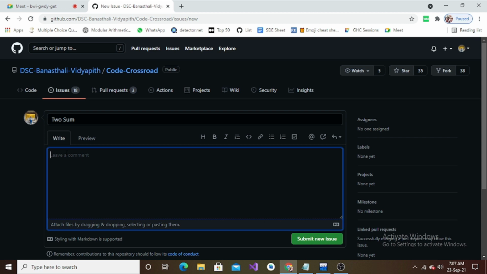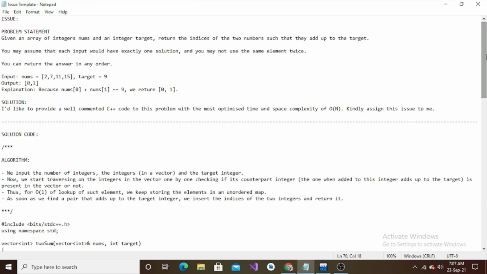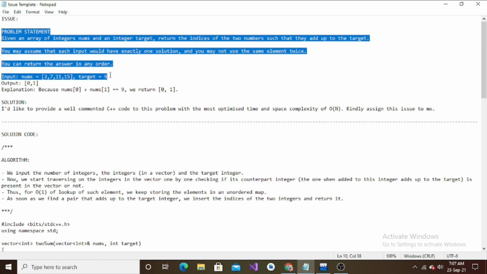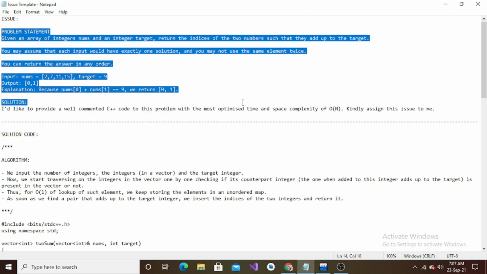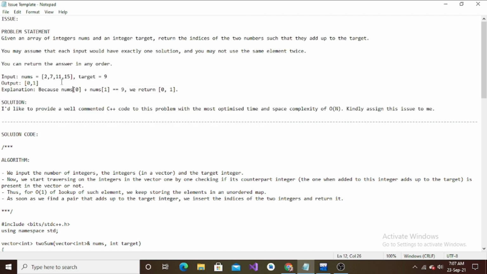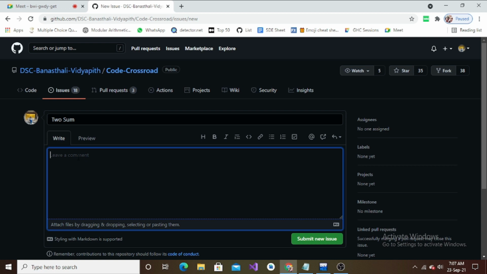Now in the description of your issue, you should be clearly mentioning the problem statement and your solution for it. I have already done the needful, so I'm just going to copy it and paste it over here.